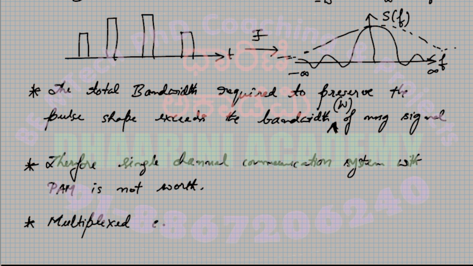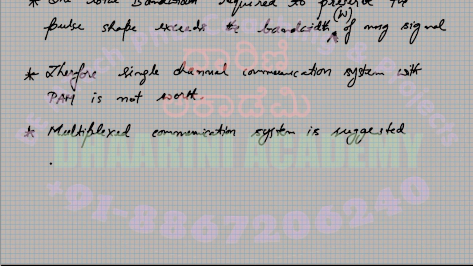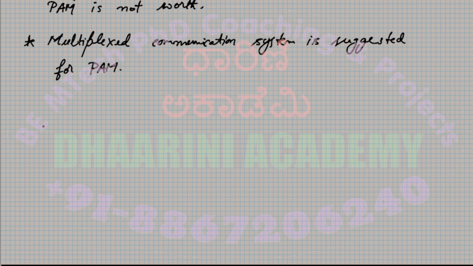So a single channel communication system with PAM is not worth it, so a multiplexed communication system is suggested for PAM. Whenever you want to go with PAM, the practical implementation uses multiplexed communication systems. So let's look at what we mean by a multiplexed communication system with an example. The one which is very famous is called